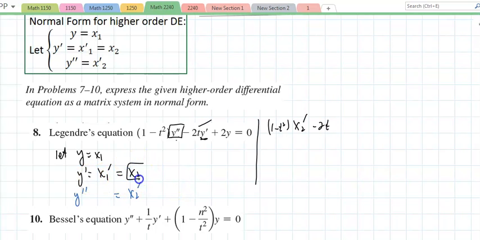y1 prime is x2 plus 2, and y is x1. So I convert the equation into x1 and x2 only, with reducing the derivative by 1. And what I'll do, I'll say, all right, well, look, if I really want to talk about x1 and x2 prime, that's going to be